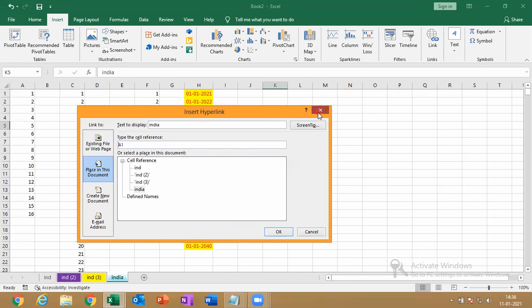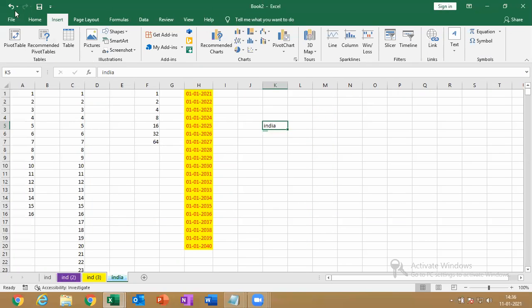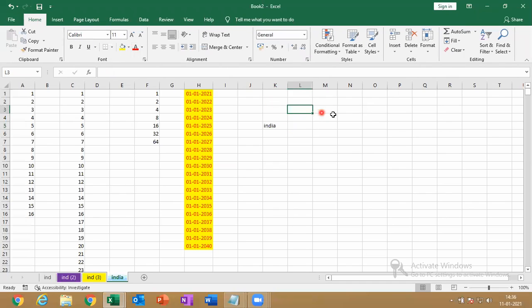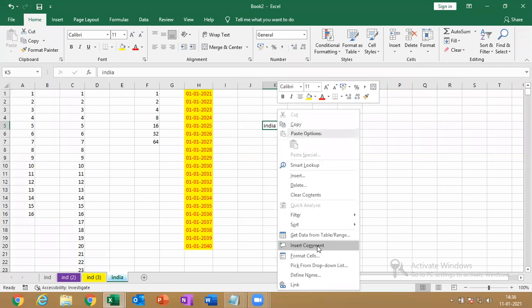Now next, see the comment and error in this cell. Just right click, insert a comment.